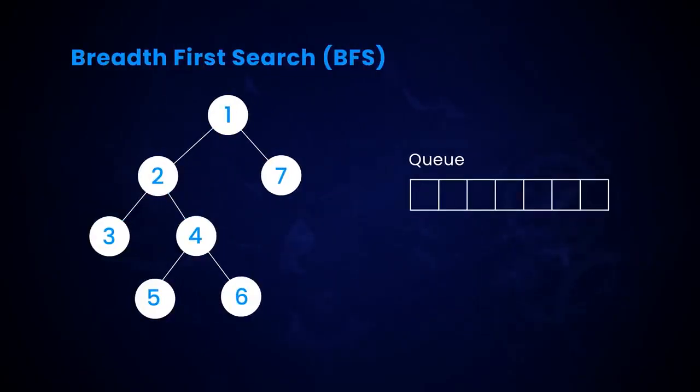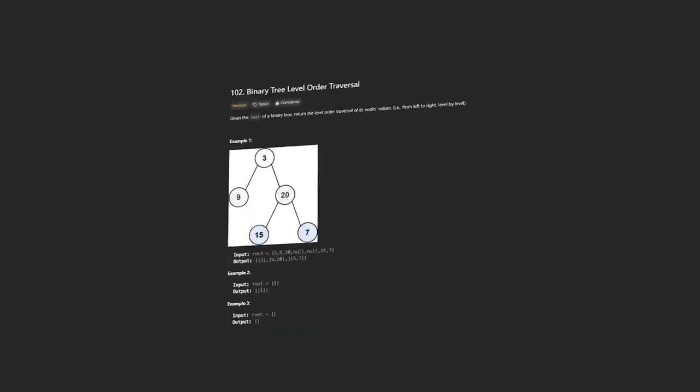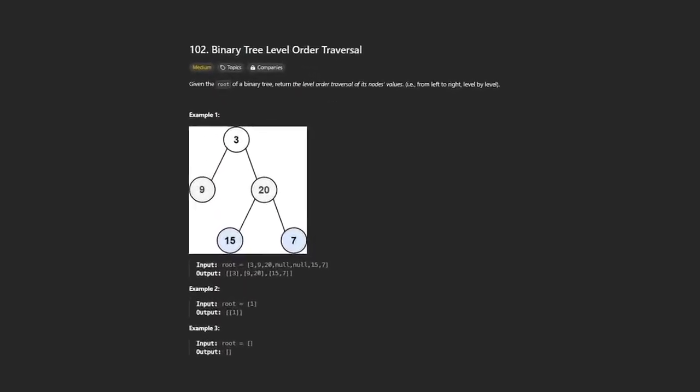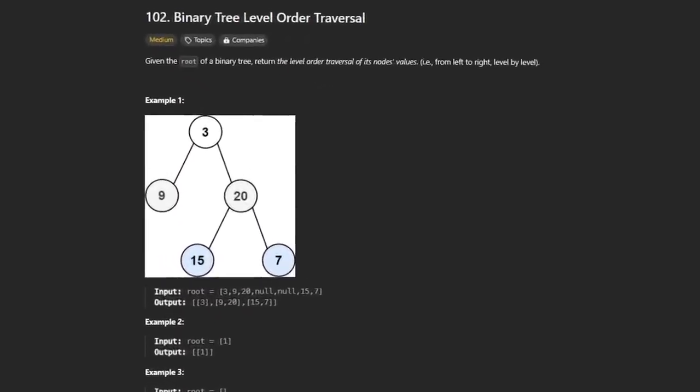In the beginning, the queue would only contain the root node. After that, you're going to repeat the process I'm going to show you again and again. You'll remove a node from the front of the queue and do any operation that you might want to do with it. Then you add both its children on the queue. You keep doing this until the queue is empty. By doing this, the elements at the same level of the tree will always remain next to each other on the queue. This way, you can process them one after the other. A problem that is a direct application of this pattern is called level order traversal of a binary tree. It's exactly the same what I just explained.